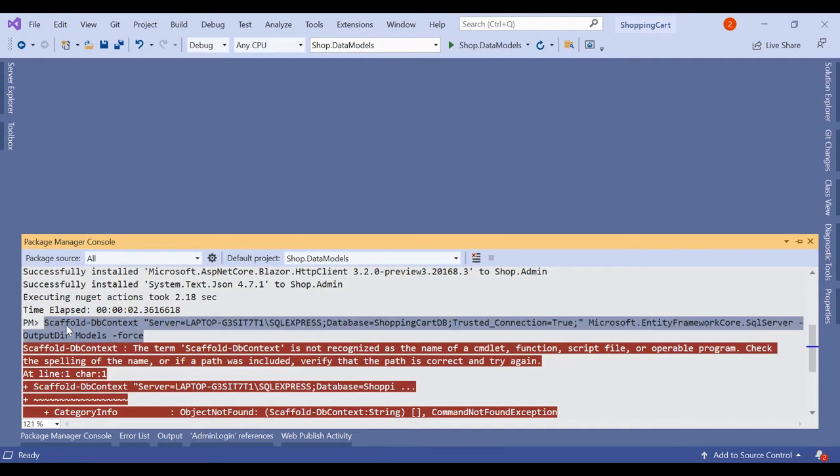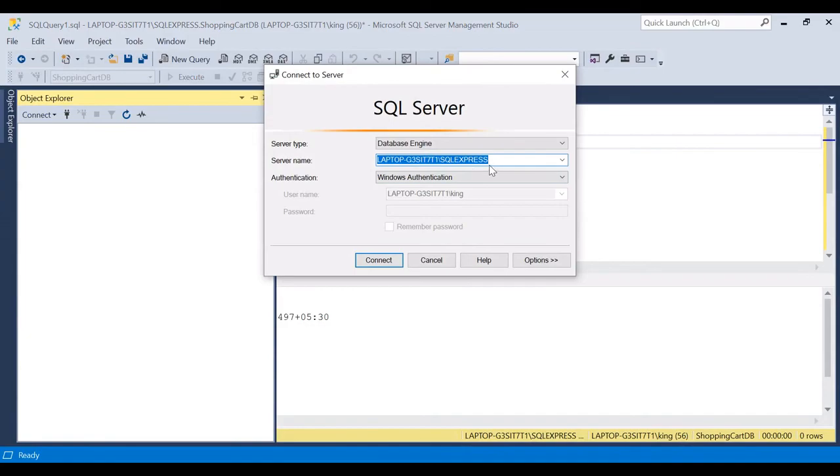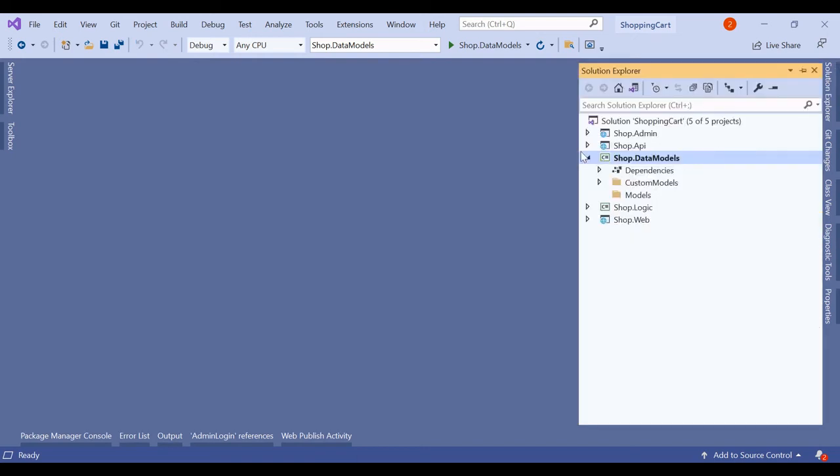This is the statement: Scaffold-DbContext, then the server, which is the DB server name we use to log in whenever we click on disconnect and connect. So this is the server name, and the next part is the database name, Trusted_Connection=True, and Microsoft.EntityFrameworkCore.SqlServer. And we have to write the output directory as Models with -Force. Force means if the class or table already exists, it will simply delete it and create it. But when we are running it, we are getting these errors because we have not included Microsoft SQL Server. So for that we have to